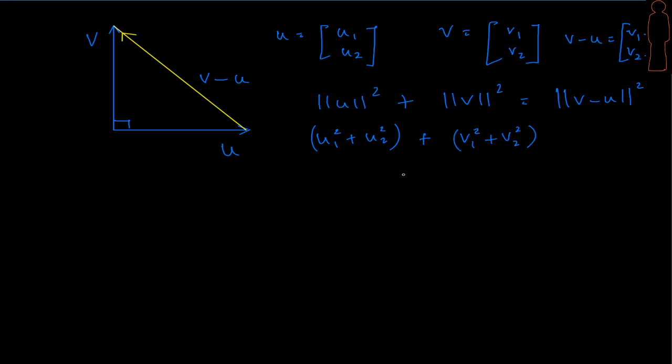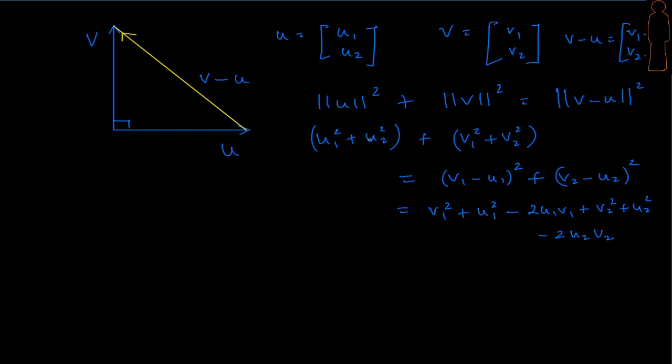Okay, let's look at this and try to understand what the magnitude of this vector will be. The magnitude will be v1 minus u1 the whole square plus v2 minus u2 the whole square, but under a square root, and since there is a square here, that's gone. Therefore effectively we are left with v1 minus u1 square plus v2 minus u2 square. So let me expand the right hand side. Here we are going to get v1 square plus u1 square minus 2 u1 v1 plus v2 square plus u2 square minus 2